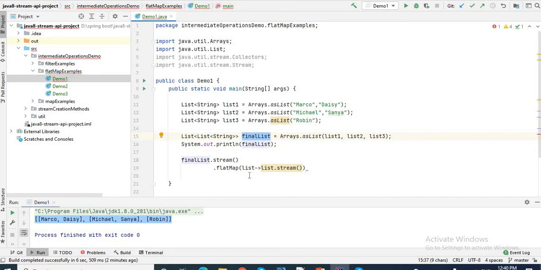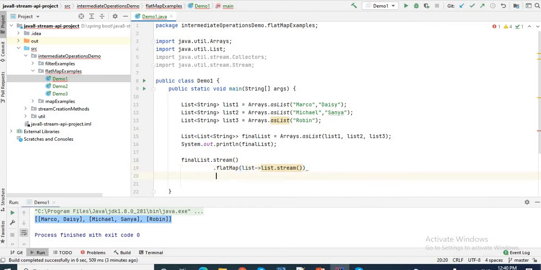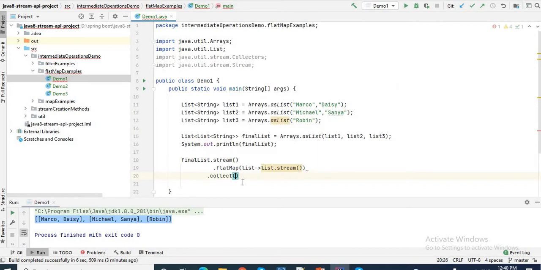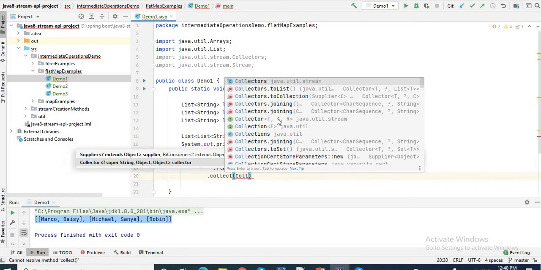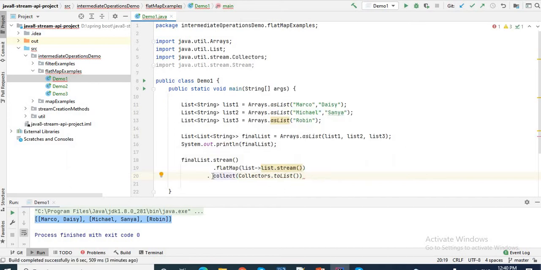Flat map will accept an element like list, and for each element it produces multiple values. Then I can simply collect this to my target collection, using the method collect, then Collectors.toList.